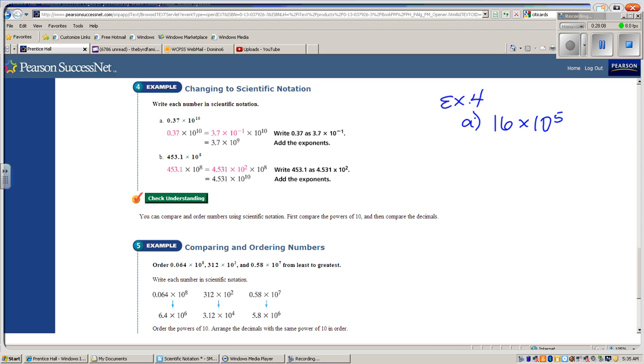Well, you may say this is already written in scientific notation. It's not. Why not? Well, because our number here is not between 1 and 10. Remember, this number has to be between 1 and 10. So how do we make it between 1 and 10? Well, if our invisible decimal starts here,